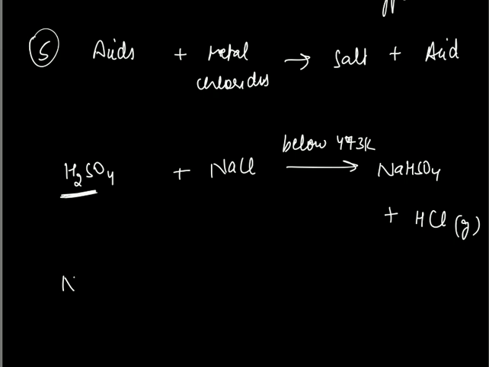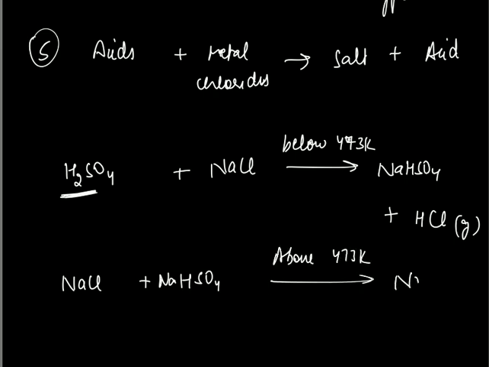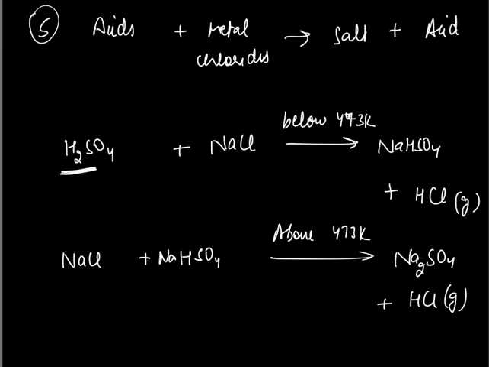Now, the second step, NaCl reacting with NaHSO4, that is above 473 Kelvin. So this is going to give you sodium sulfate along with HCl. Since H2SO4 is a dibasic acid, its basicity is 2, that's why this is happening based on the